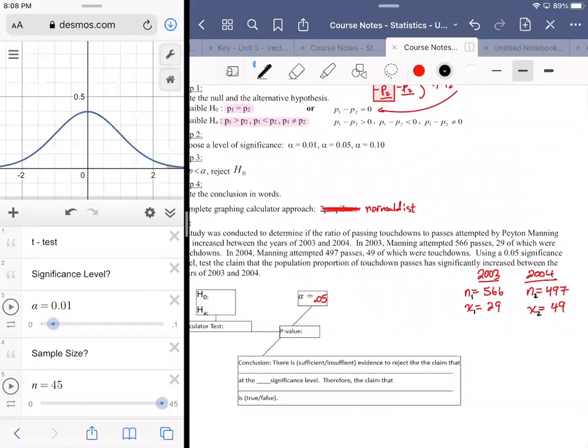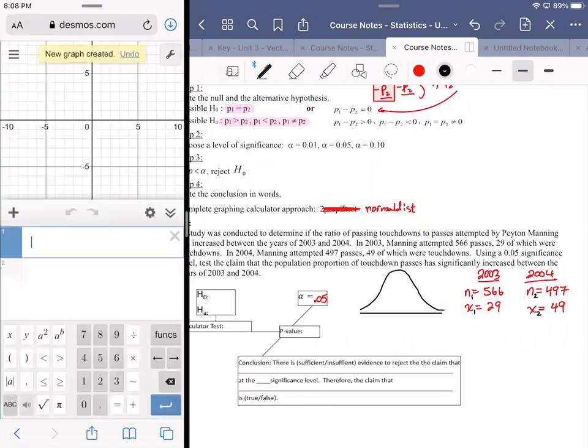All right. So we need a distribution associated with a 5% significance level. We also need a test statistic. There's a lot of stuff that's going on here that we need. So I'll start drawing my diagram anyway, poorly. All right, the best I can do. I'm going to open a fresh Desmos, because it's not a t distribution. All right, the test statistic